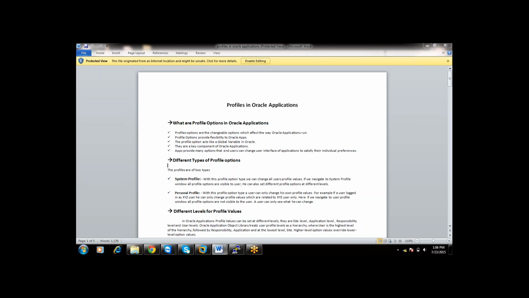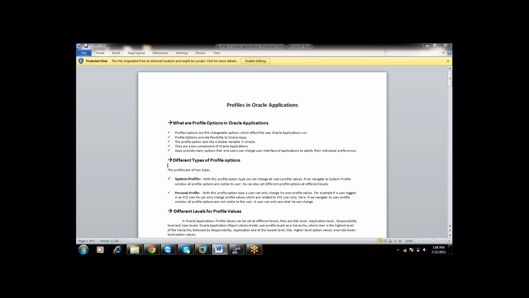With the help of profiles we will set some limits to the users. A limit is nothing but a restriction kind of thing. So if he gives a wrong password 4 times, then his account has to be locked, right? That is nothing but his limit. So with the help of profiles, we will set some limits in the Oracle database.